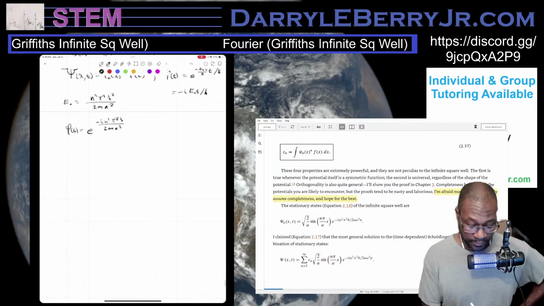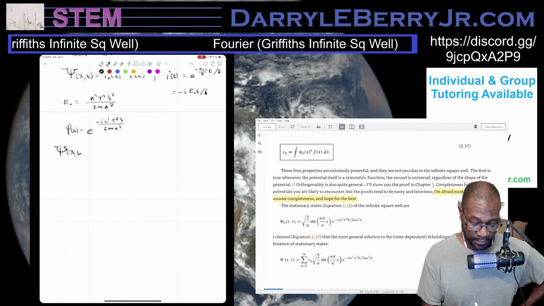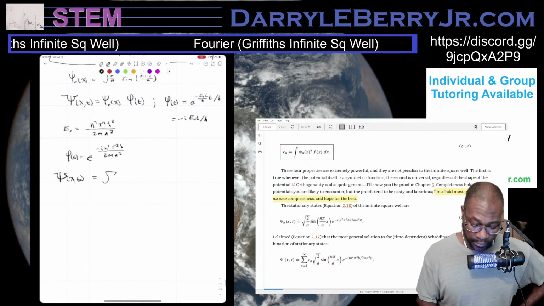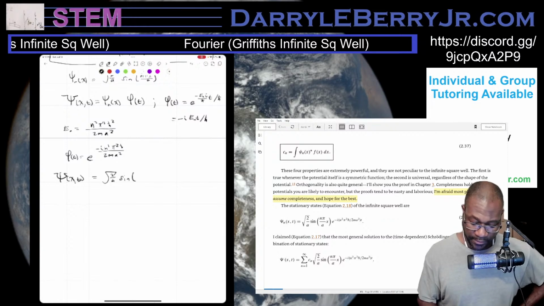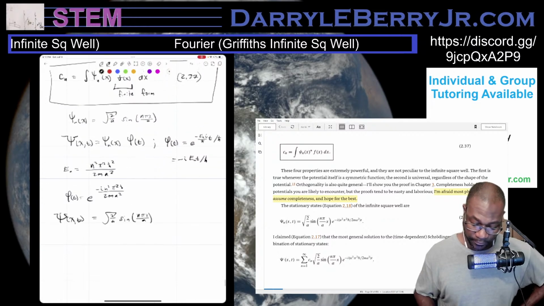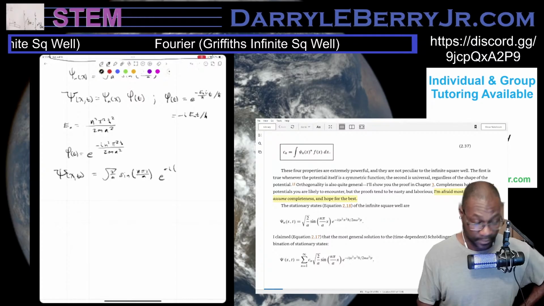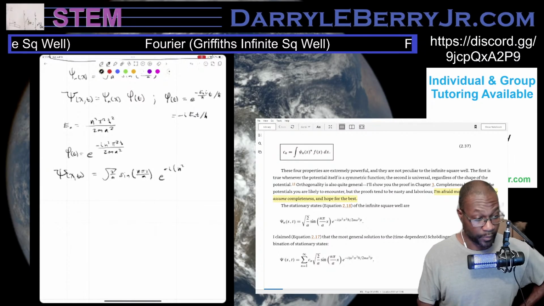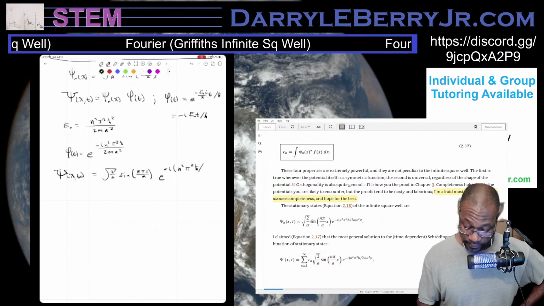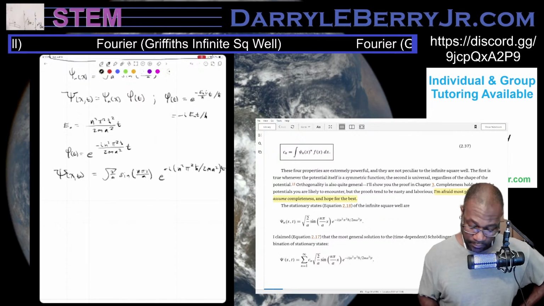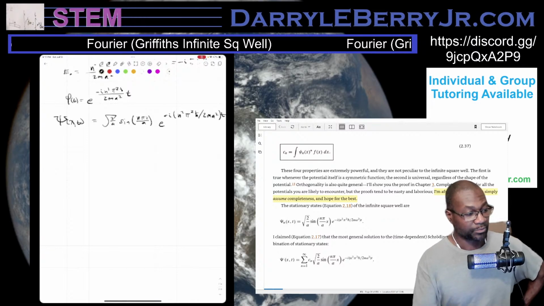So we also plug this in all together. We have that big psi equals square root of 2 over a sine n pi x over a, and e to the negative i, to write it in the same form they have, n squared pi squared h bar over 2m a squared. I forgot my t. All right. So now we're able to